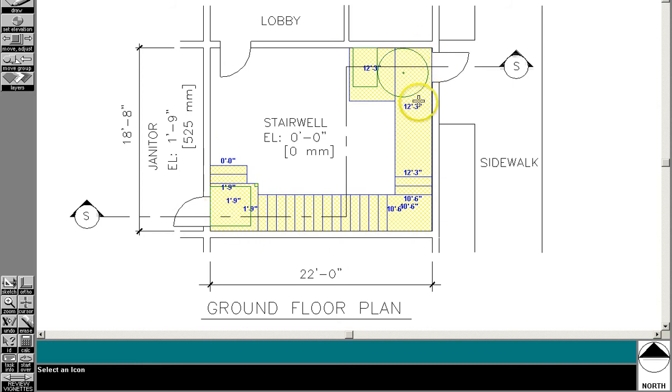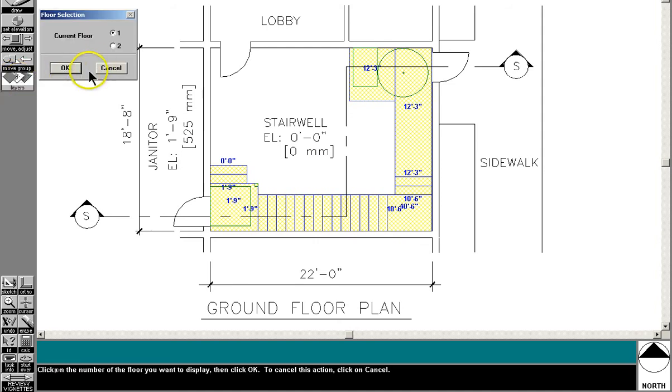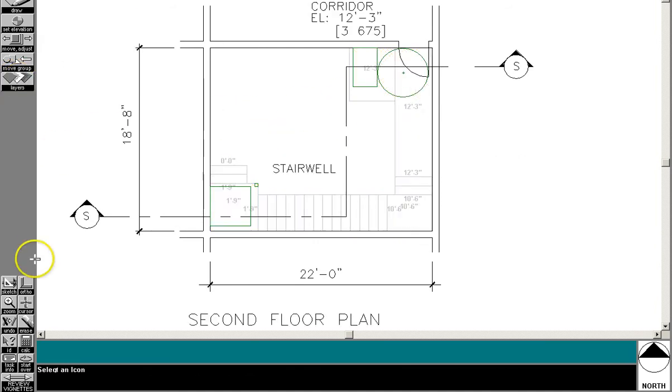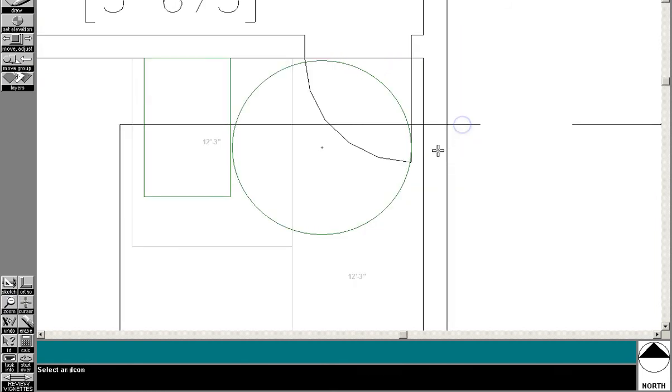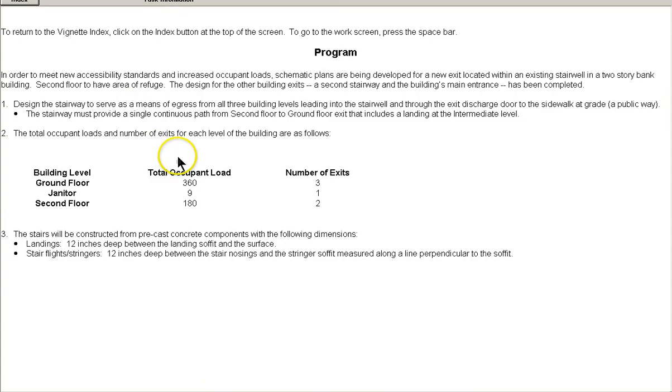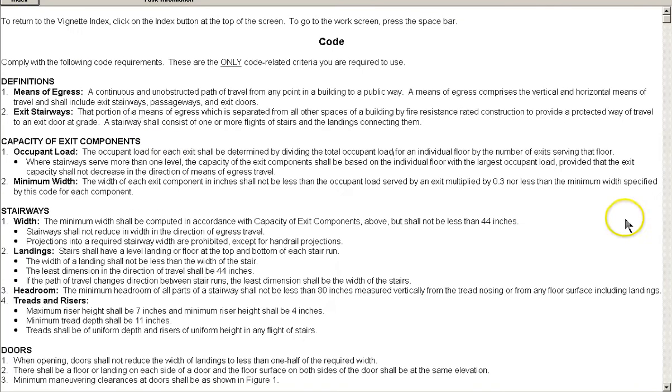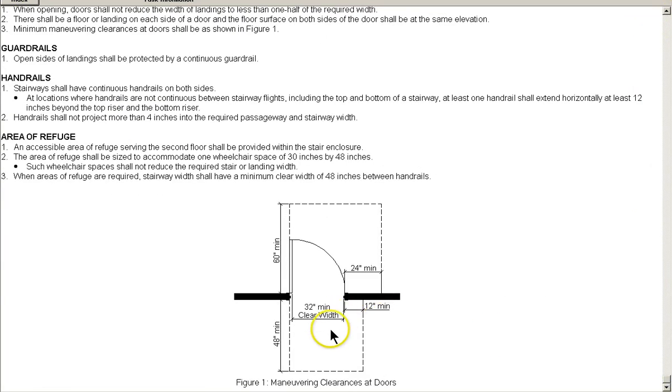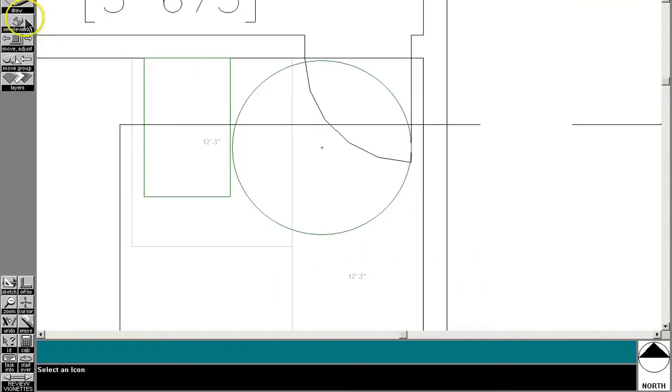Okay, so next thing we need to do, since everything seems to be in order here, we've got clearances for our doors in both places. Before we do that, let's go to level 2 and draw in our door clearances here. Let's jump to the code. We check the door, and an out-swinging door needs to be 60 out from the door and 24 on the latch side. So let's use the sketch tool and a rectangle and draw 24 over, which is 2 feet,